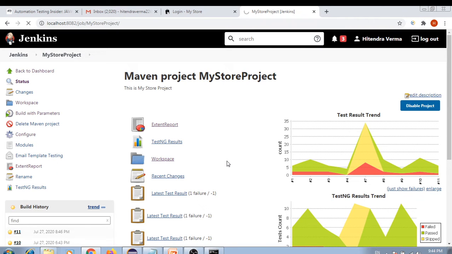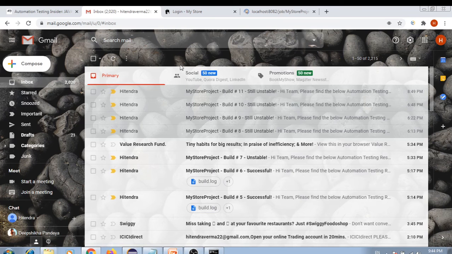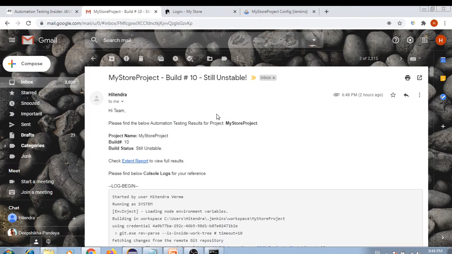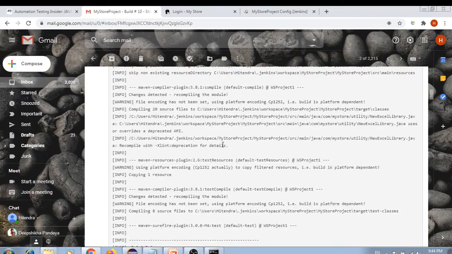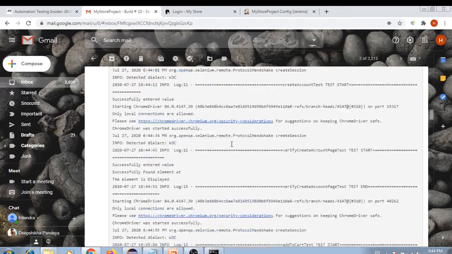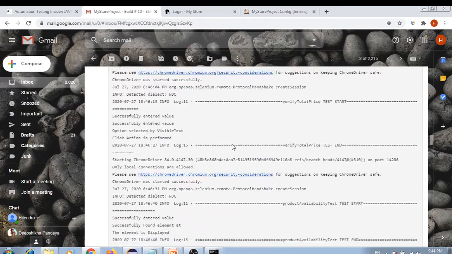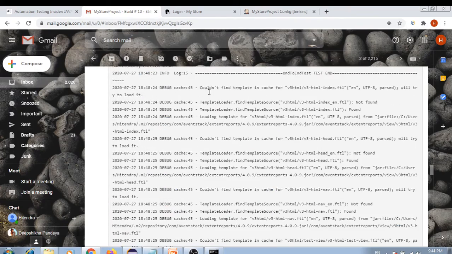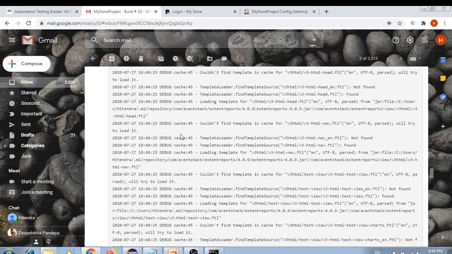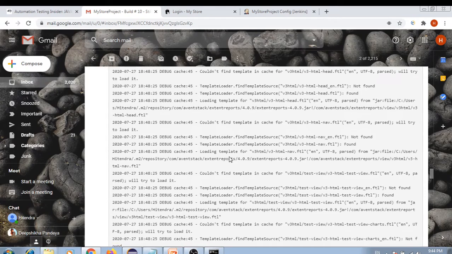We are getting some unwanted logs as well, if you remember. Let me show you in the email. For build 10, I think we got, just for testing purposes I ran different builds. Okay, so let me show you the unwanted logs which we are getting related to FreeMarker. These are the different logs. Okay, couldn't find template. Anyways, this doesn't affect anything, but if you don't want